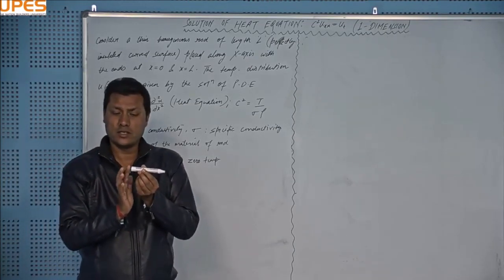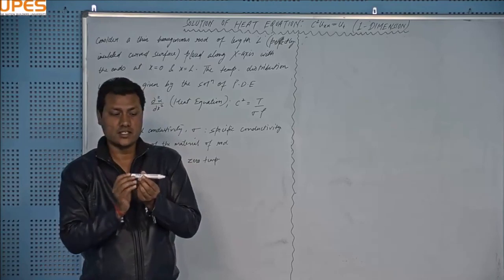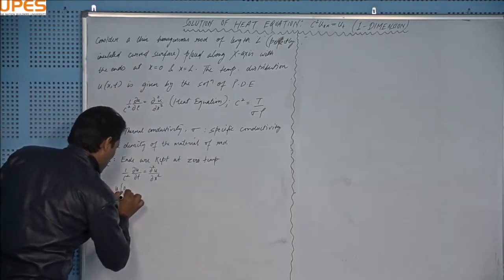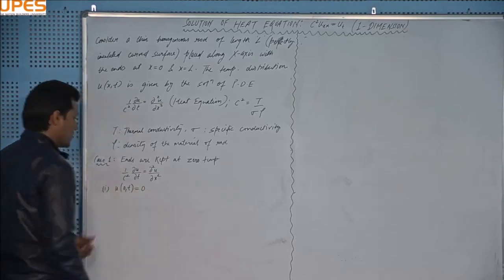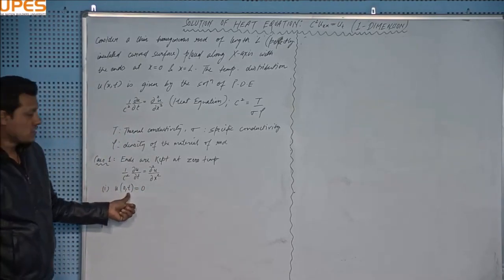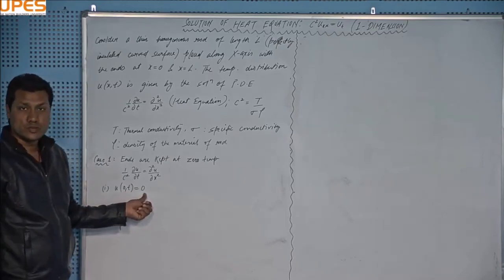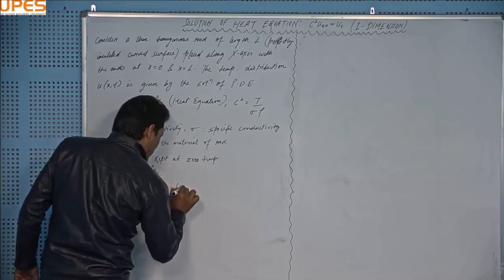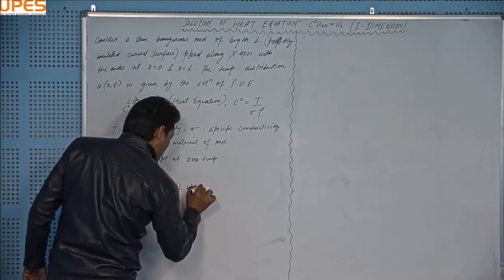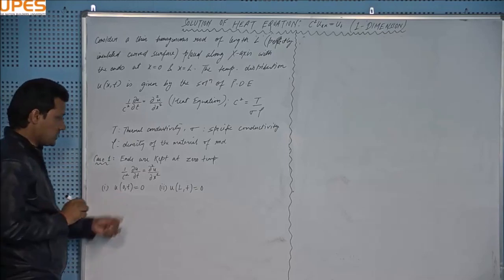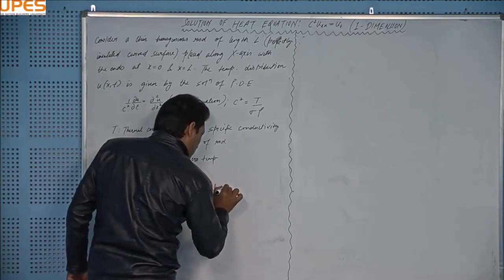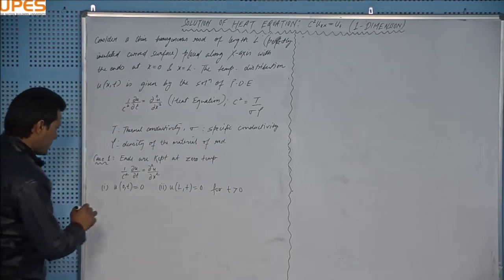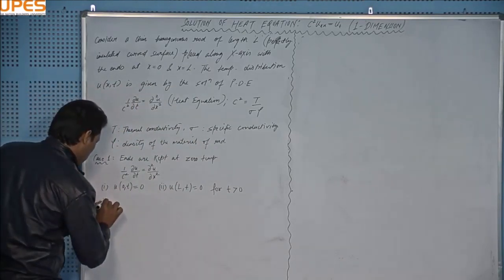Probably you are putting an ice cube at this end and this end, right? Okay, so u(0, t) equal to 0, which indicates that for any time t the left end is at 0 temperature. And the second condition is that the right end x equal to L, for any time t, is at 0 temperature, for t greater than 0, right? And the third condition is